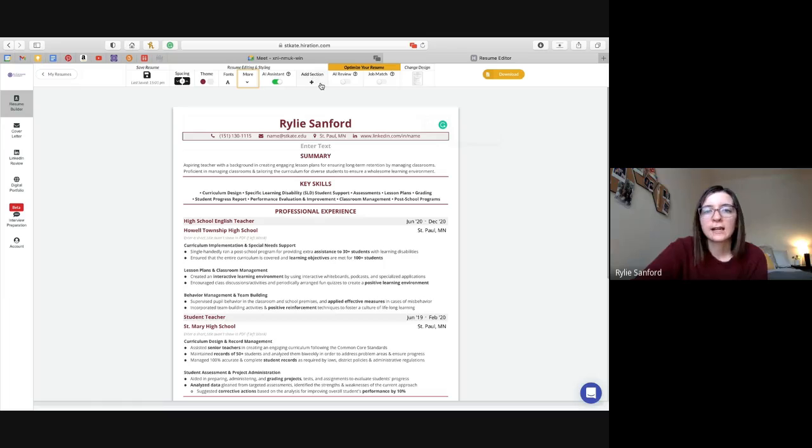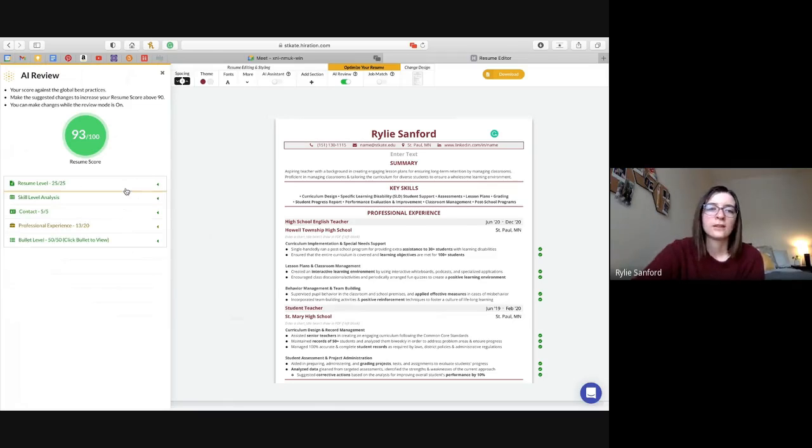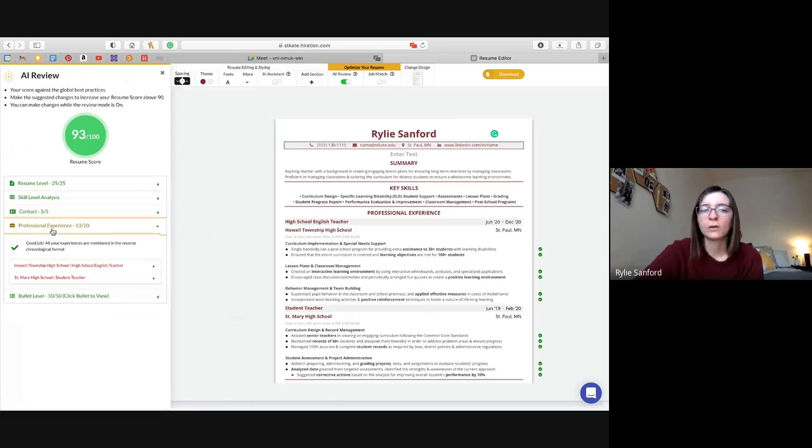So again, here's the add a section, which you can go to and add a blank section. And we also have the AI review. This is actually a really cool feature that grades your resume, and it'll go through and give you a score over here. This one is a green button, so that means it looks good. There are some improvements that could be made with this yellow area, but overall your resume looks really good. If this is yellow, that just means it's recognizing that there are some areas that could use improvement. And then red means it's seeing a lot of things that could be changed.